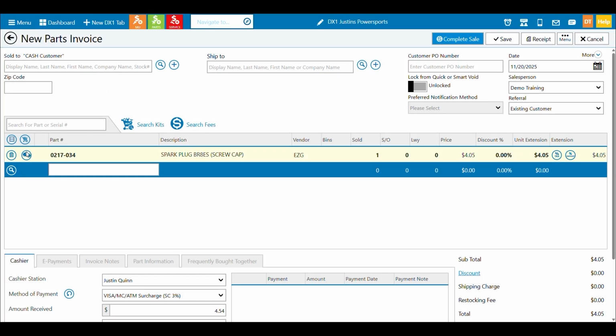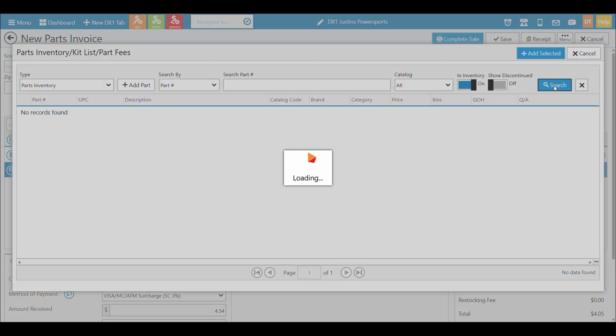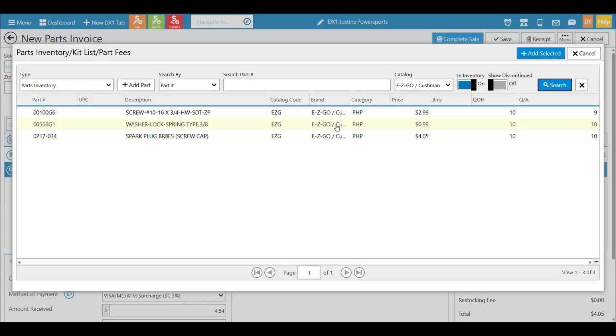Pretty simple. The other way, I could have looked for an in-stock part. I could have opened my part inventory window, filtered to part, show me what's in inventory, and I could have searched. I can search by all vendors here. In this case, I can see everything I have in inventory. I can go down and I can search by a particular vendor. I can see a bit more information than the all field search. I can see some bins and quantity on hand and available, which is always important.